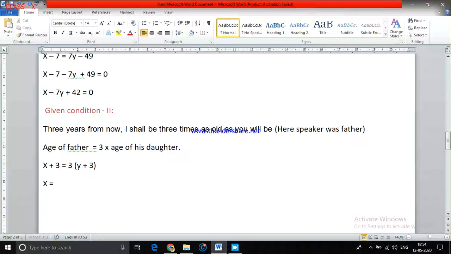So what do you get here? x plus 3 equals to, if I open the bracket, that would be 3y plus 3 times 3 is 9. Another most important step where most of the students make the mistake, in the hurry to finish. They write 3 into y is 3y perfectly. Then here they simply write 3. No, the bracket, the 3 is multiplying with both the numbers. See where the bracket is closing. So it has to be 3 times 3 is 9.